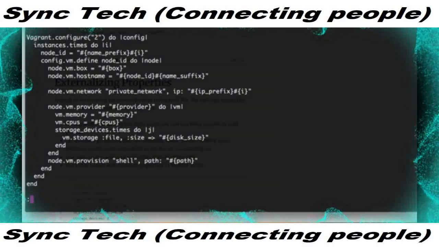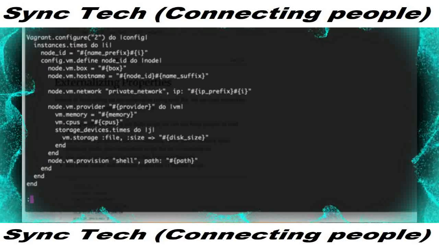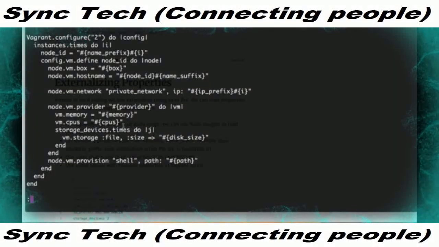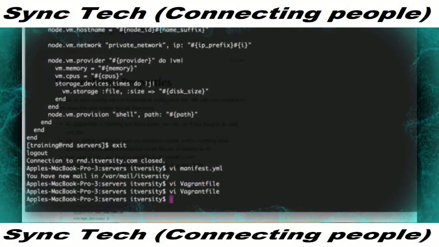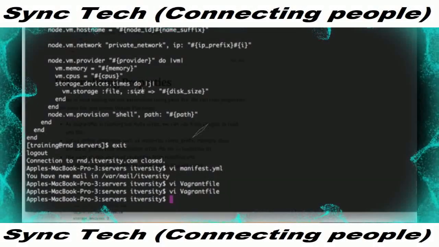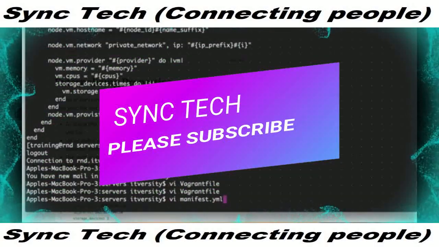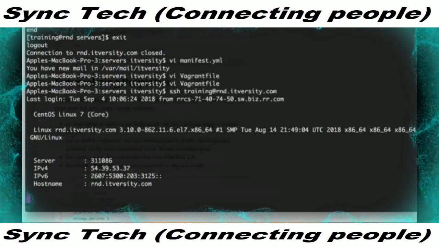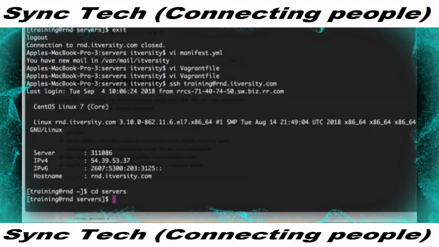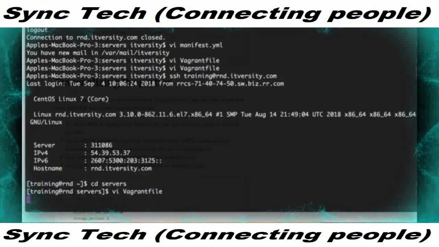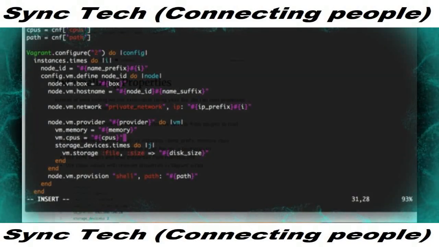For that purpose, we need to check whether we are passing provider as libvirt or virtualbox, and if we pass only libvirt, we want to create these additional hard drives, otherwise we don't. Okay, so as the virtual machines are being created, let me connect to the remote server with a different session. Here I am connecting to remote server again because I want to make changes to the code over there, and getting into the servers directory here, and then opening the Vagrant file, and here I can develop an if condition